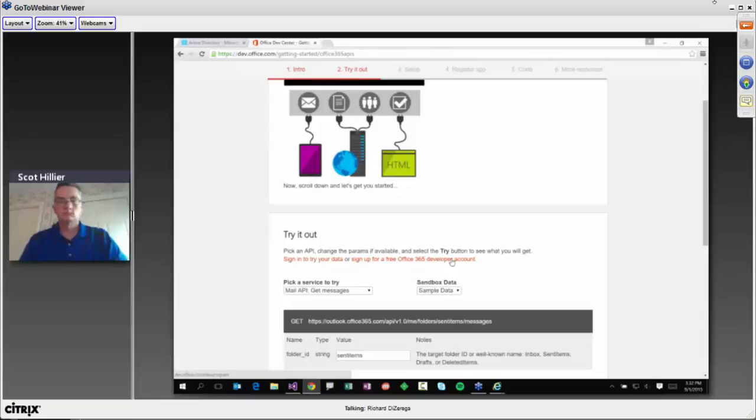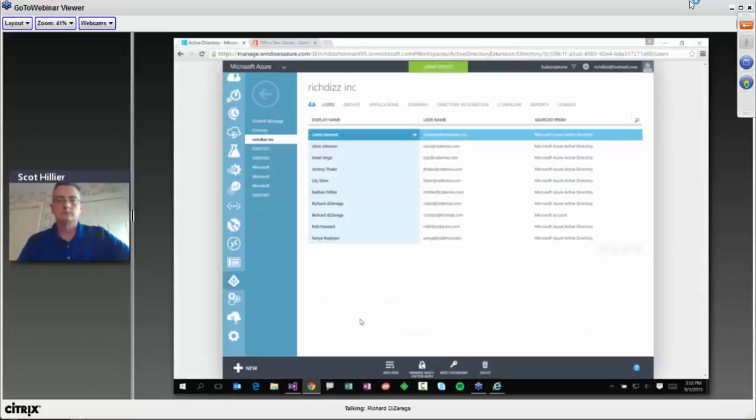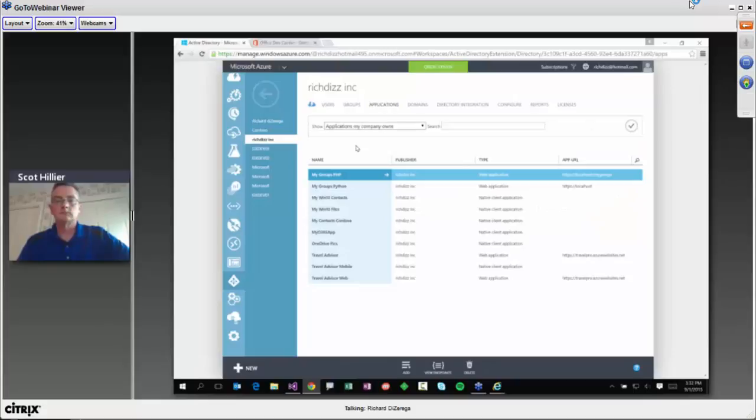So after you set that up, the next step is you need to start registering applications. And back when I first started doing this, you had to actually go to Azure. So you had to go out here to Azure. This is the Azure Management Portal. And there's an application tab for your directory where you could go create an application. Today, we're trying to make that a lot easier for you.